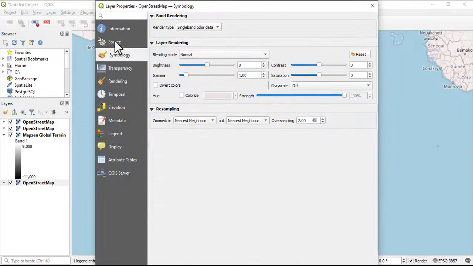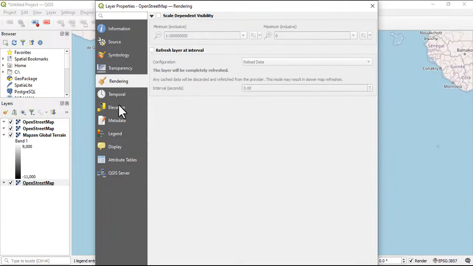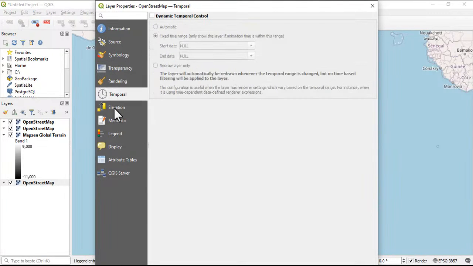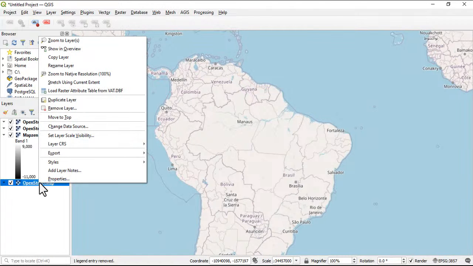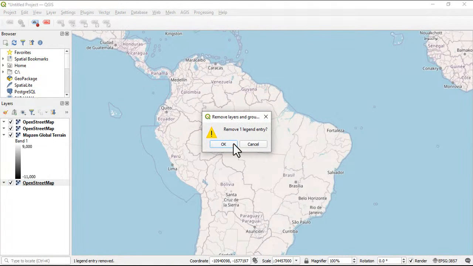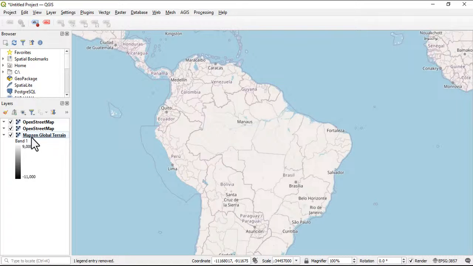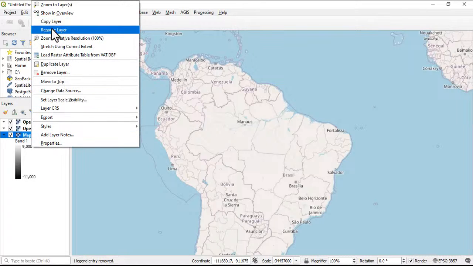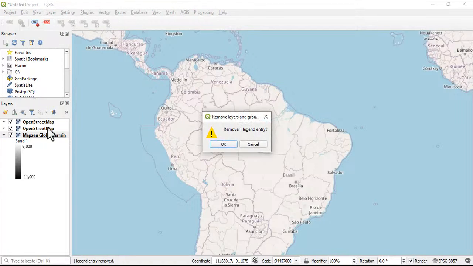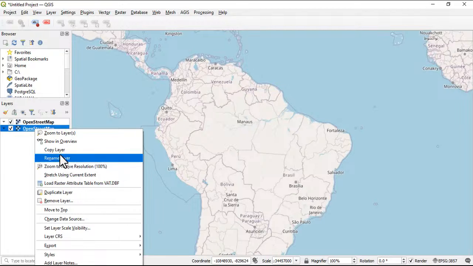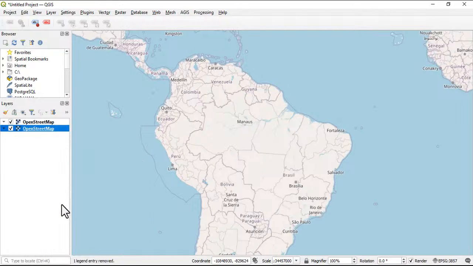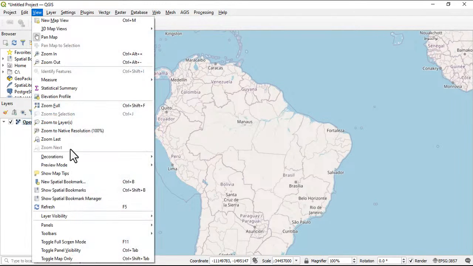So here you have the symbology, the source, your rendering, the temporal and the elevation. So you look at a lot of things. Then legend. So you could look at also a lot of things under the properties. Okay. Let's get them removed so that we could continue. Okay, so we also have under the view,